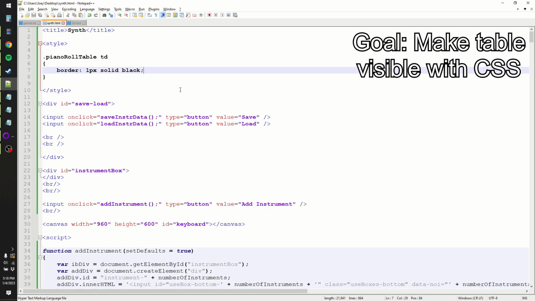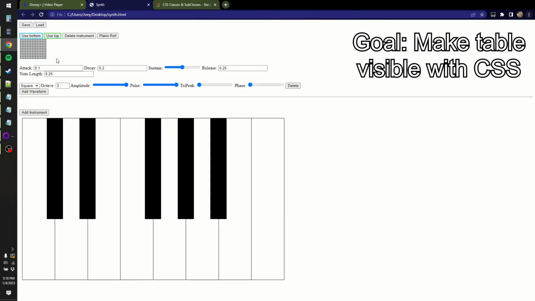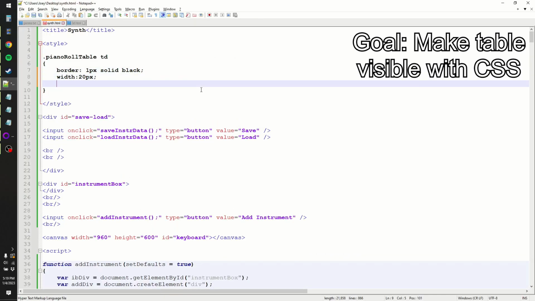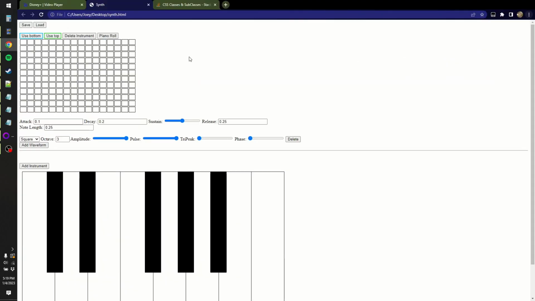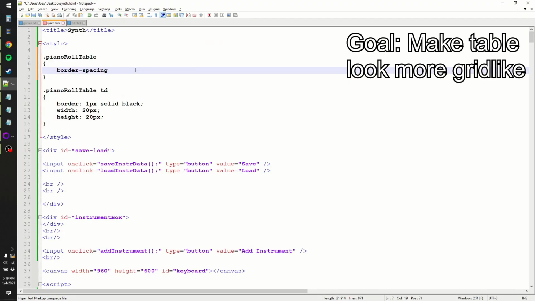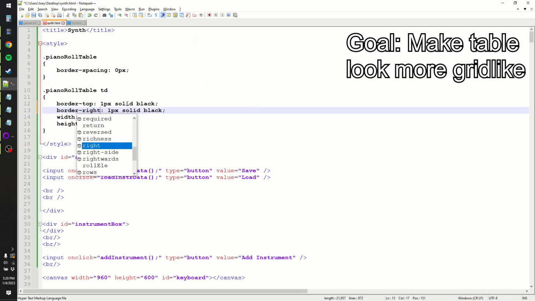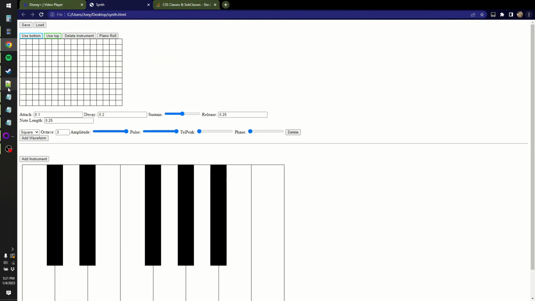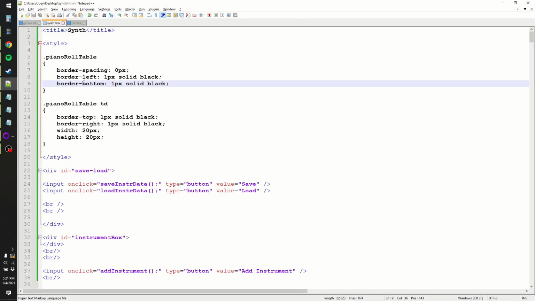So then when I say this in the style, it makes some borders show up, but they're really tiny. So let's add some width to them, 20 pixels. All right, now that looks more appropriate. Also, I don't like the spaces between them. Say border spacing here, I can set that to 0 pixels. Oh, that doesn't look good either. I'll just put the borders on 2 of the sides and not all of them. And that's almost good. Now it looks like a grid once I added a border to the bottom and left